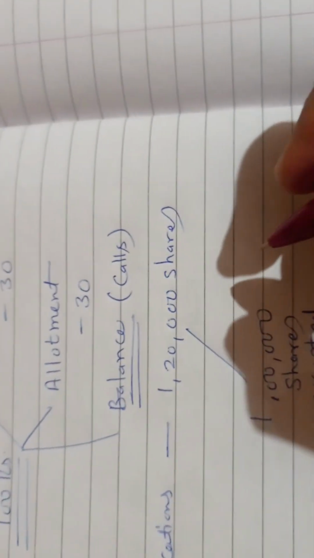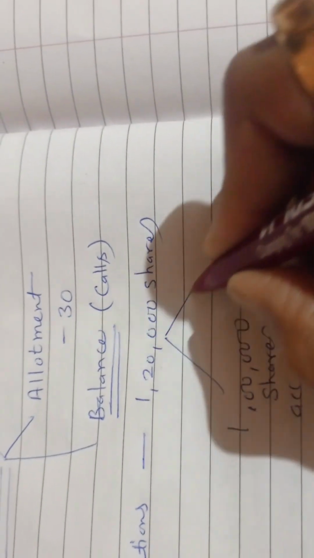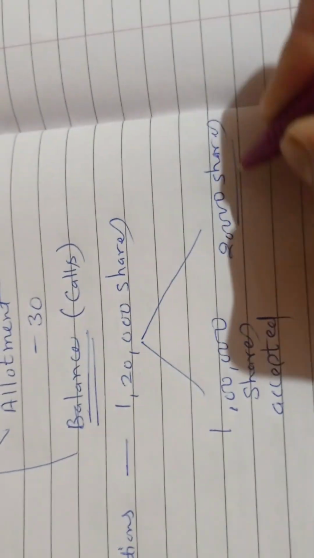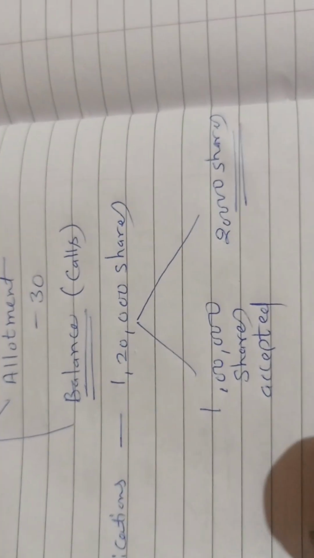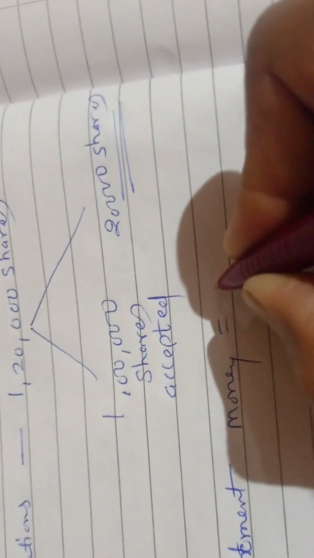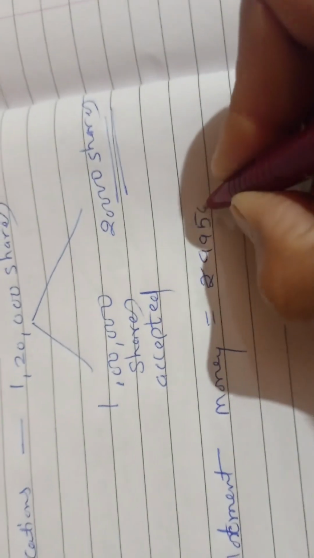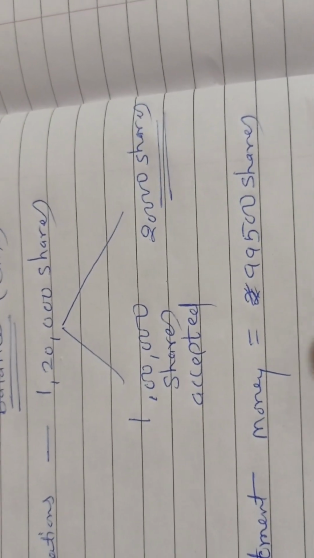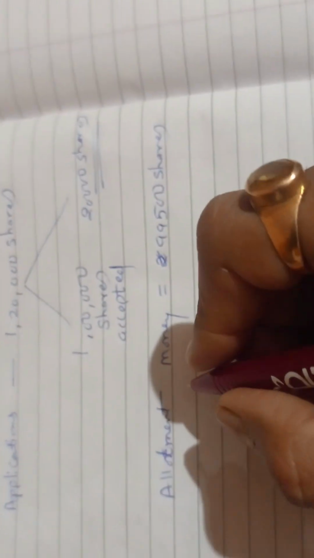But the allotment money was received on 99,500 shares. Means the allotment money received on 99,500 shares. Okay, got it. Now you need to do the journal entry